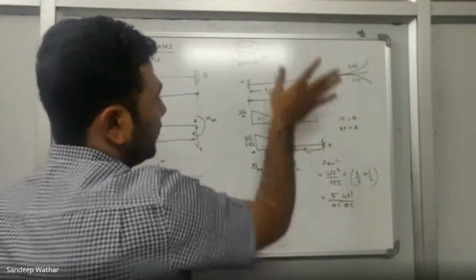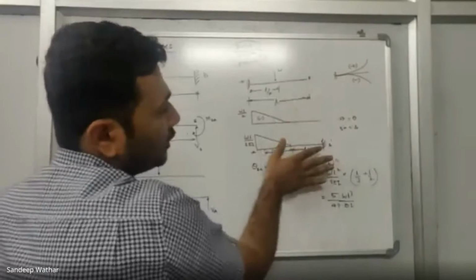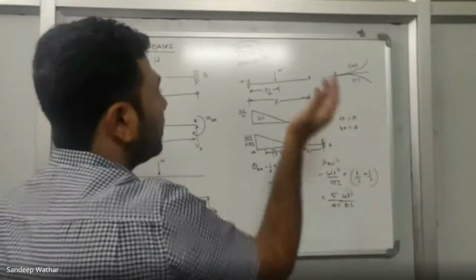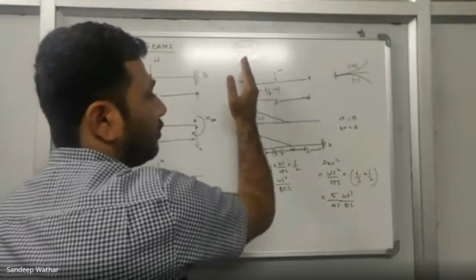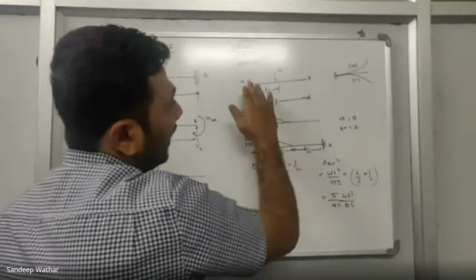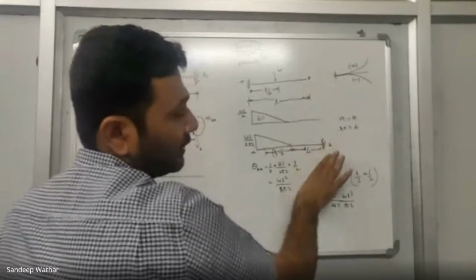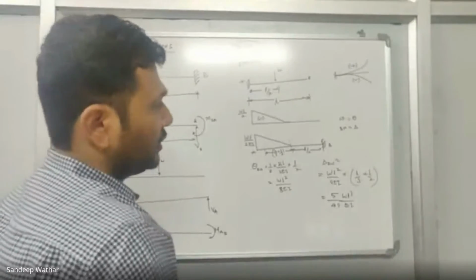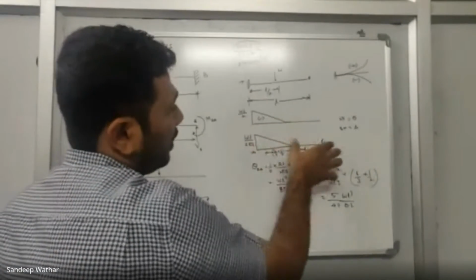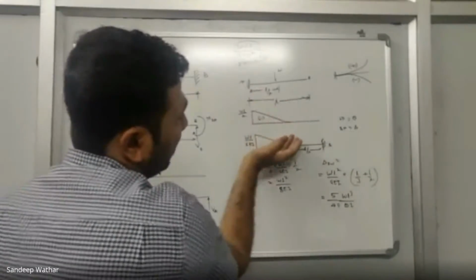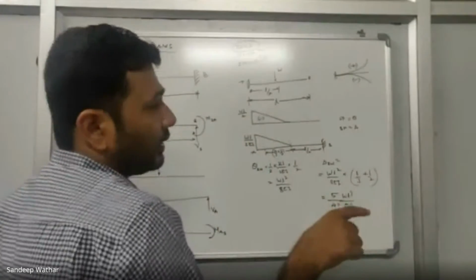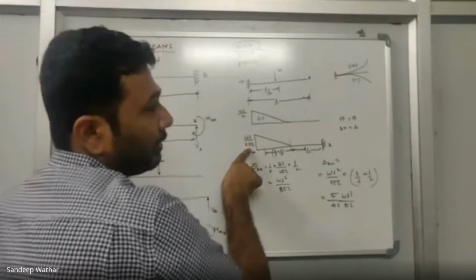beam. So this is the cantilever beam. This is the conjugate beam. So what happens in the conjugate beam? Whichever end was fixed will become free. Whichever end was free will become fixed. This is what the conjugate beam is. Now I superimpose the bending moment diagram over this, but that bending moment diagram should be divided by the EI value.